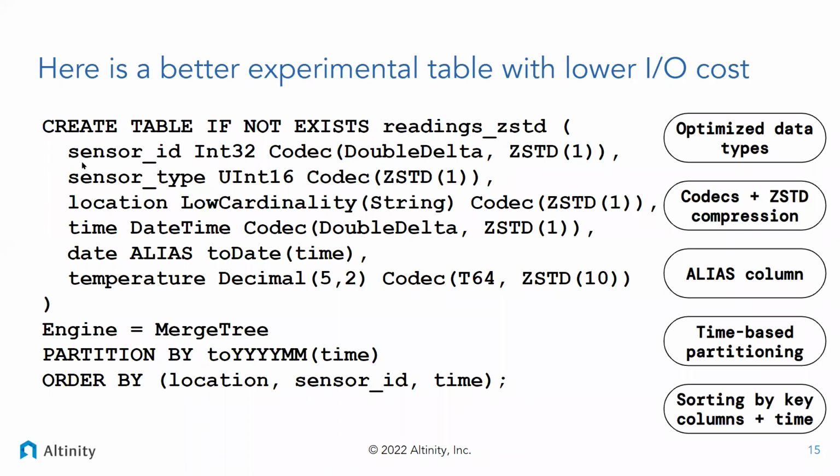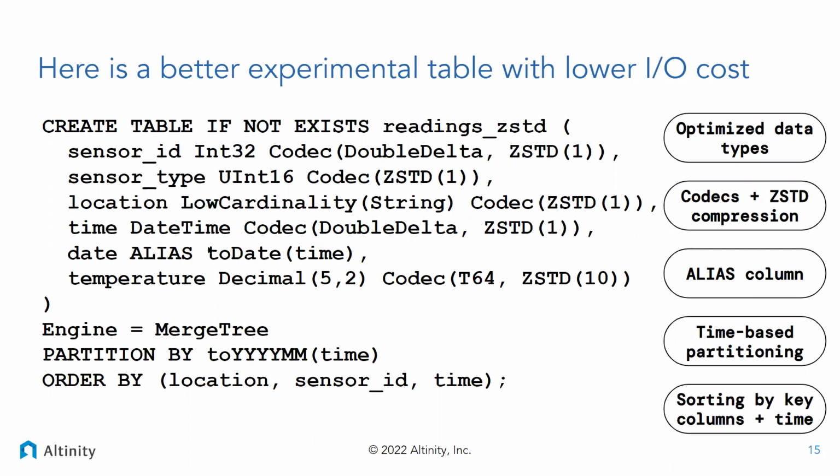Instead of storing the int32 of sensor ID, it stores not the change between successive values, but the change on the change. So for integer values that are slowly increasing in a monotonic fashion, this is an extremely efficient encoding. And then I squeeze even more air out of it using ZSTD compression. That's not the default in ClickHouse. ClickHouse can do LZ4, but ZSTD is particularly good. We'll squeeze more data out of this column typically.